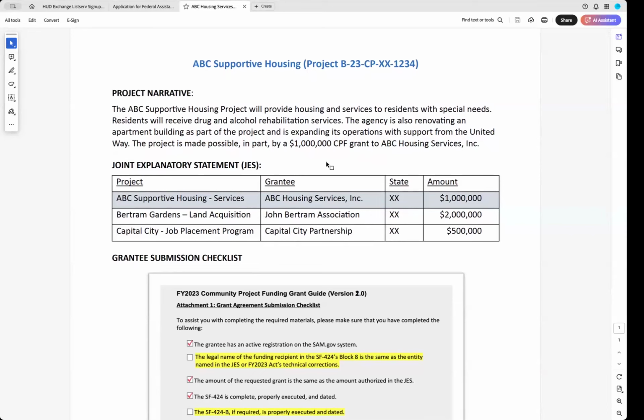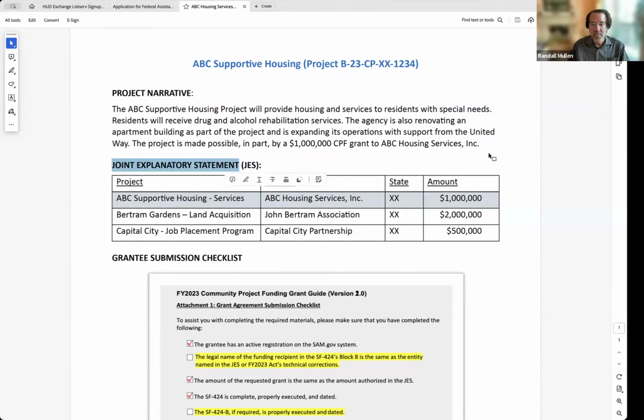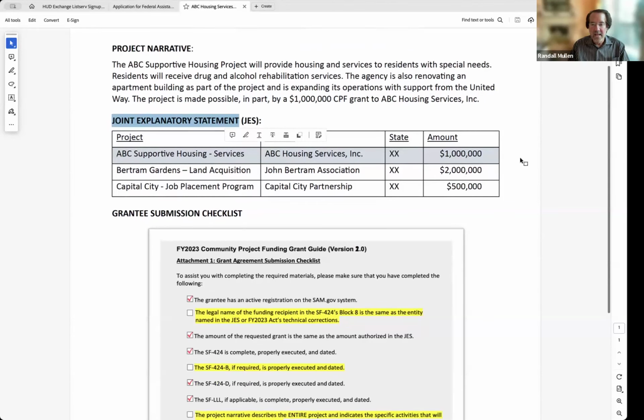And they have presumably looked at the joint explanatory statement, which is taken from the congressional record. And as you remember, when I went over this topic in the project narrative, that congressional record is a very lengthy document, and a table lists all of the grant awardees in FY23, several hundred, in an alphabetical fashion.